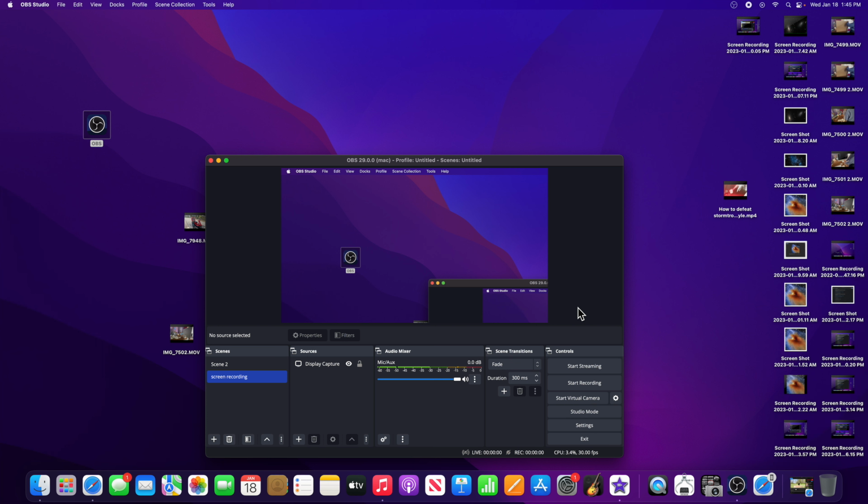iMac keyboard shortcut. Stop screen recording. Go. Command, Control,